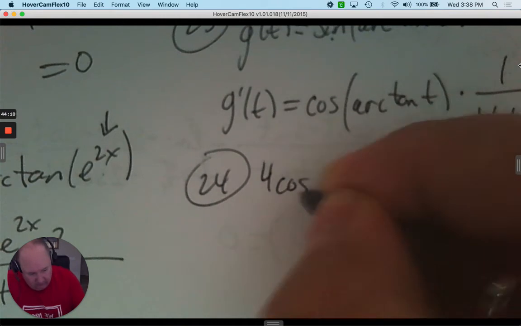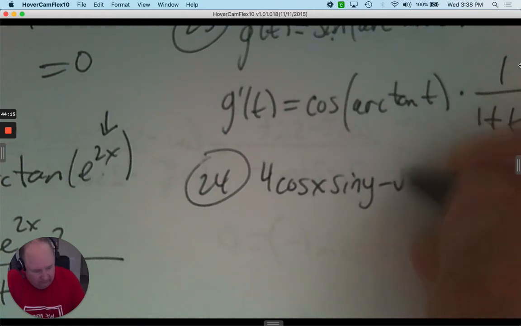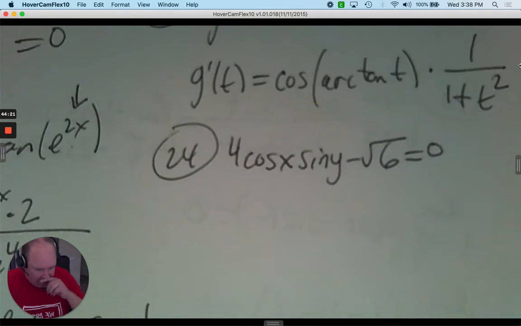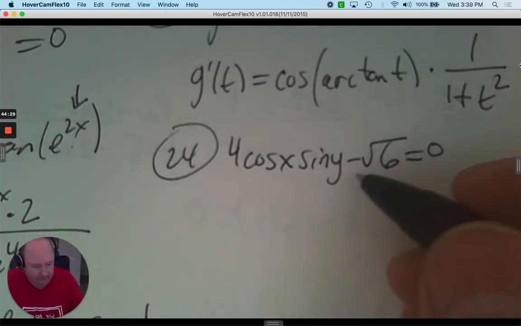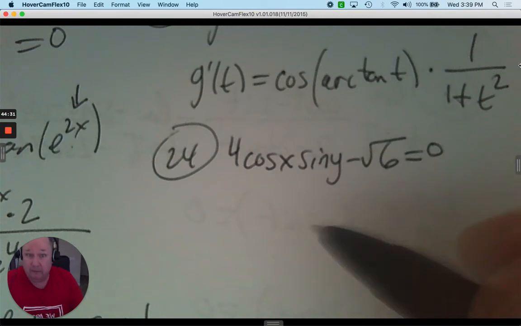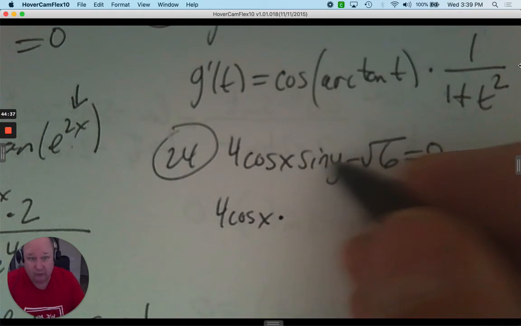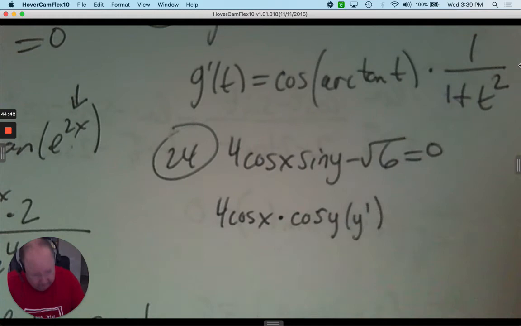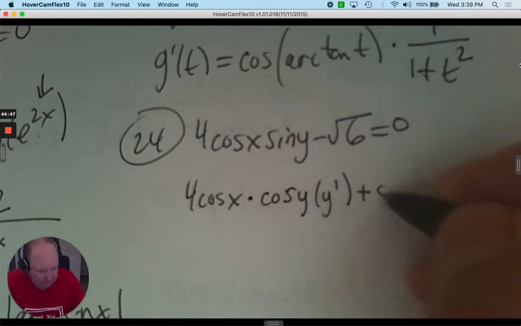We have 4 cosine x sine y minus root 6 is equal to 0. And then it says take the derivative at that point. So can you take the derivative implicitly? So let's see if we can do that. So to take the derivative, it's going to require the product rule. So the first times the derivative of the second. So the derivative of sine is cosine, but it needs a y prime, plus the second, sine y,